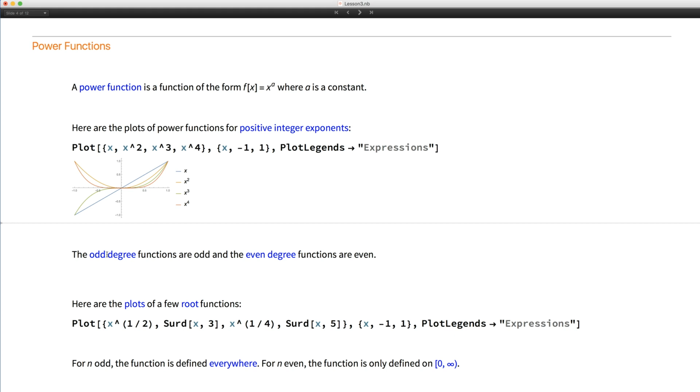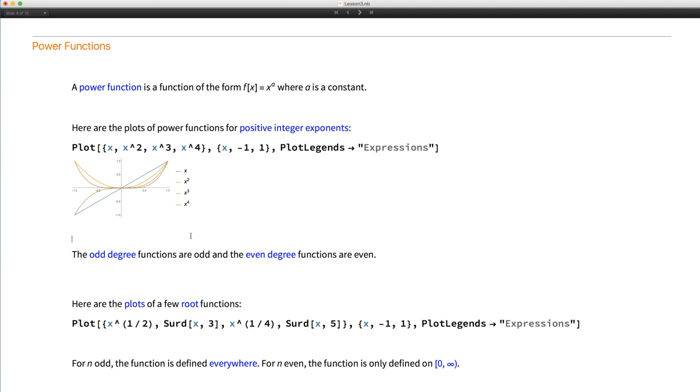If you have an odd power function, then the graphs are odd. For example, the graph for x is odd, whereas the plot for x squared will be even. So these power functions are simple in the sense that the odd degree functions are odd and the even degree